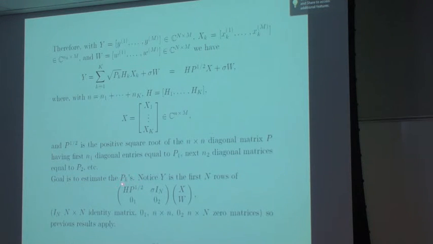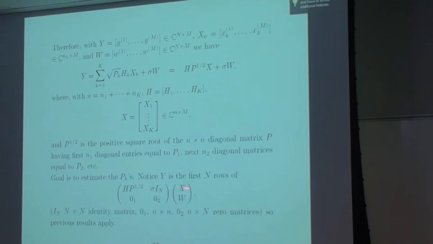You estimate these powers. Notice we can put Y as the first big N rows of this matrix. It's X times this, and the noise part with the W. Let's tag on some zeros so this is a square matrix. This times its transpose we consider as a population matrix. But this is random also. This is where we need the fact that the results of exact separation are also true when your population matrix is random in itself, which can be achieved without any difficulty in the math argument.